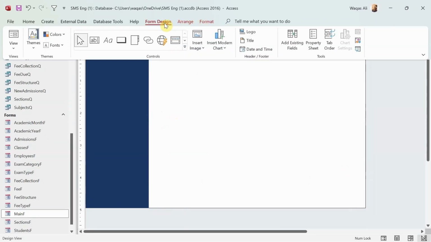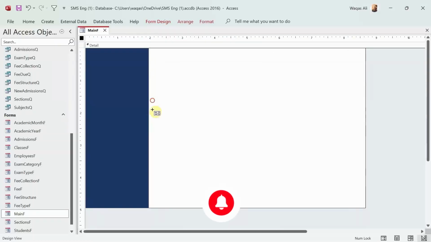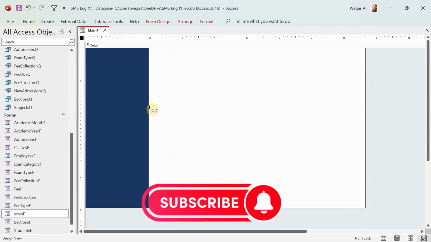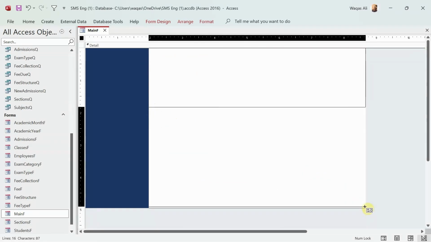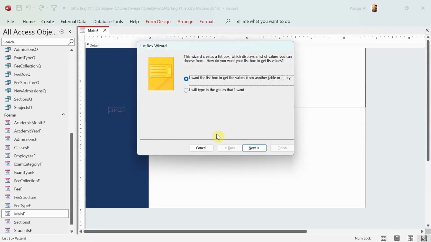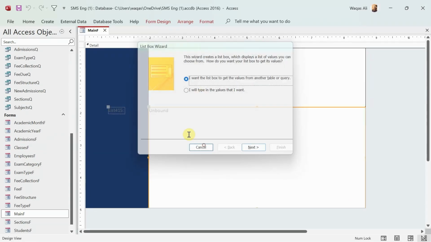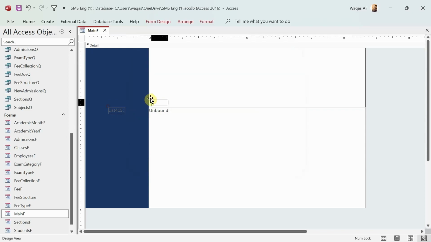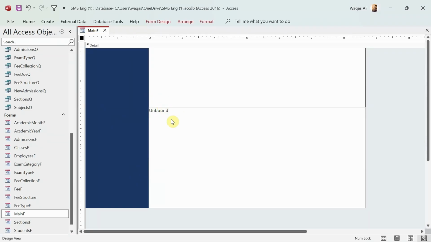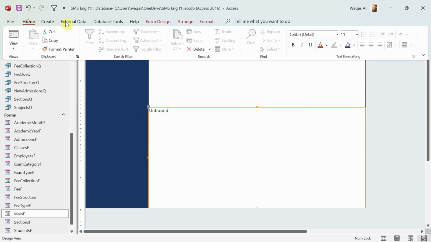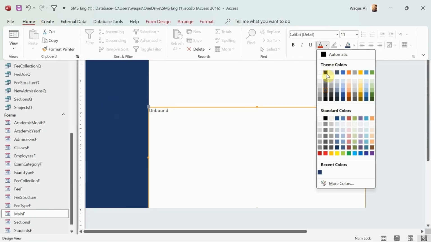So we'll go to the form design and we'll fetch the list box. Okay, here we go, and probably this is the height, and we will get our list box here. There you go, and I'm going to cancel it. This is the label, so if you want to keep the label, I generally get rid of it. Okay, like that. I'll go to the home, I'll do some formatting,